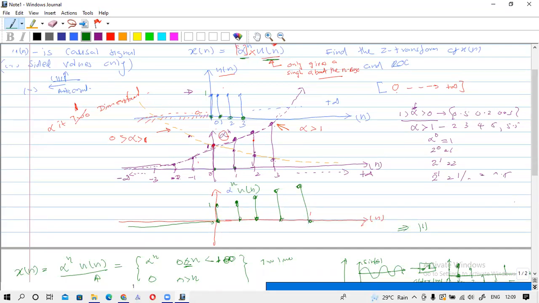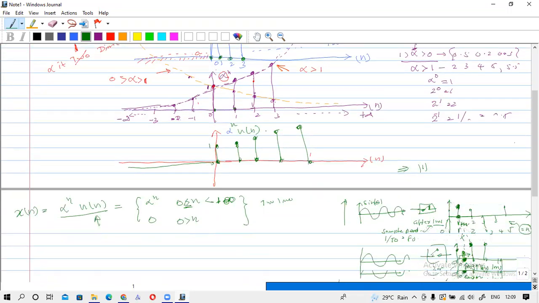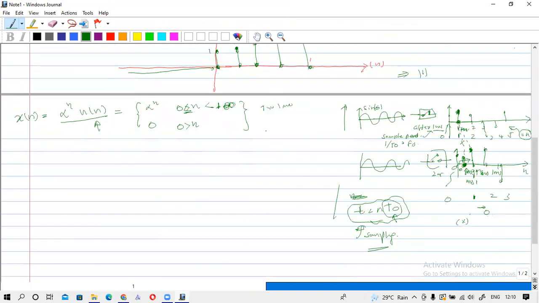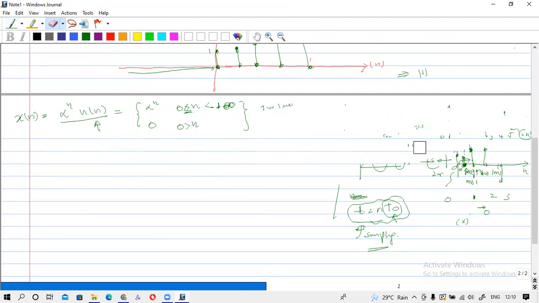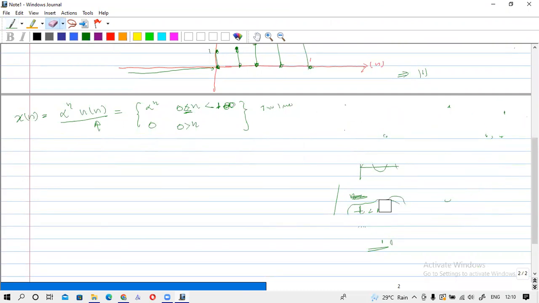Okay, superimposed on each other, so we can assume that. Okay, so I think you get the idea. So we will try to find the Z transform. Okay, so if I get the X(z) transform,